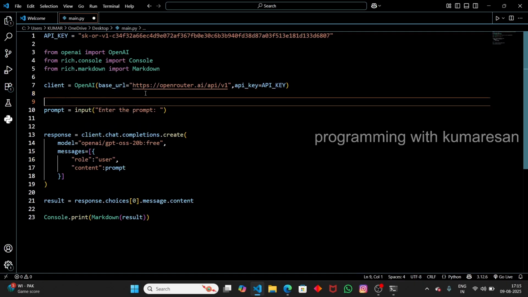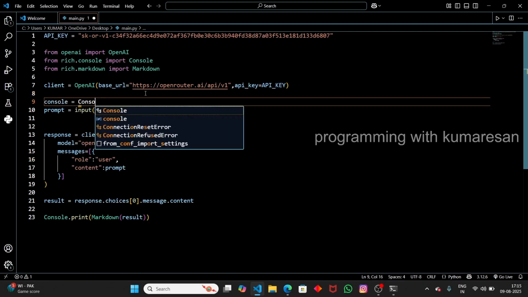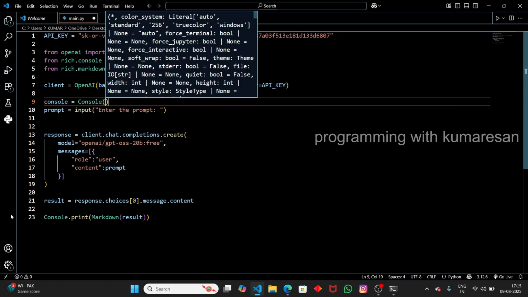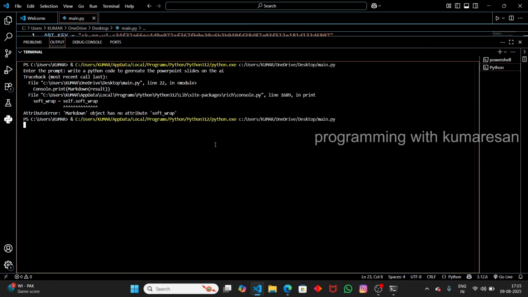Actually, we have to define an object for the console. So console equal to the Console class. We can't directly use the Console class; we have to create an object for it. So console equal to Console(), and here use the console variable, console.print. This time if you run it now, I'm gonna copy and paste the same